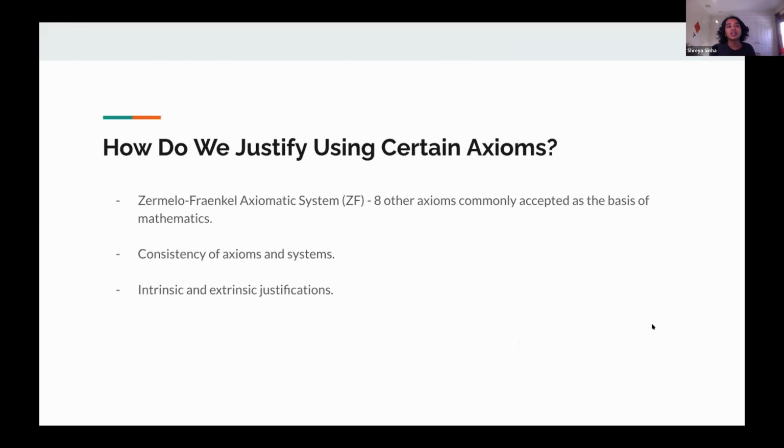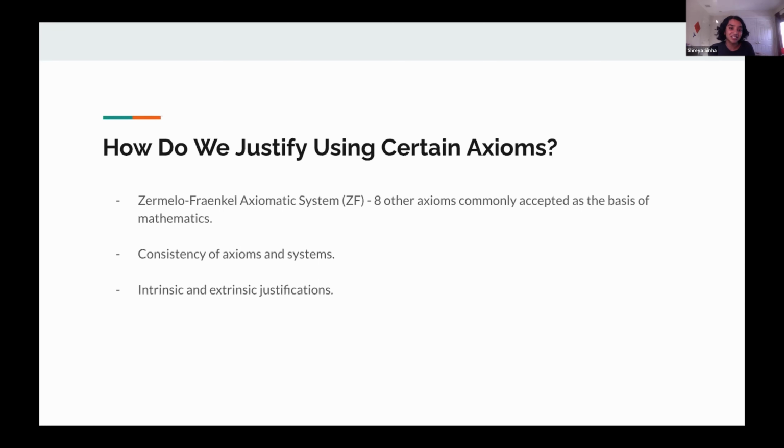Here we go. So the next question as well, how do we justify using this axiom? How do you justify an axiom at all if it's the basis of a foundation in mathematics? There isn't really anything underneath it that can lead to it or prove it. So what are our criteria? So firstly, I want to introduce the